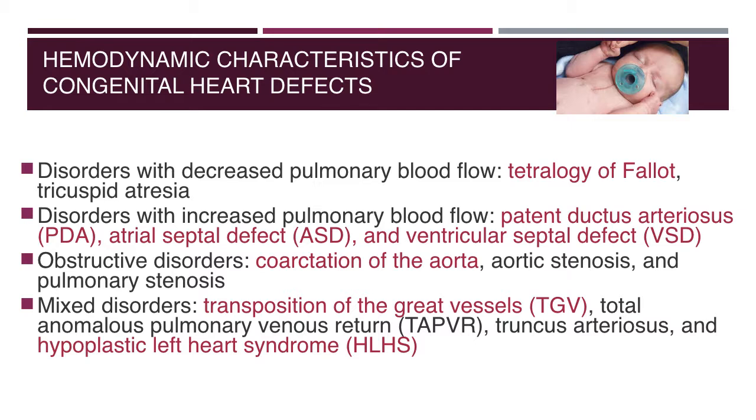And the aorta is coming off of the right side of the heart, so it never got oxygenated. And so it becomes a problem. Total anomalous pulmonary venous return, truncus arteriosus. The truncus